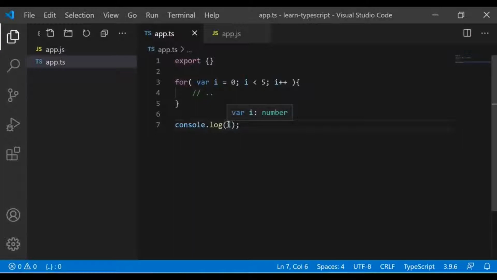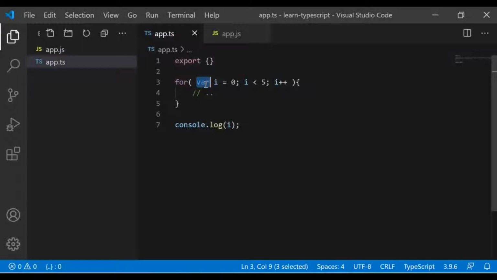Outside of this scope, this variable is also printing, which is dangerous, because it is not inside this block scope, rather it belongs to the global scope. Since we have declared this variable using the var keyword, and the var keyword only knows 2 scopes, one is function scope, second one is global scope, there is no concept of block scope here.